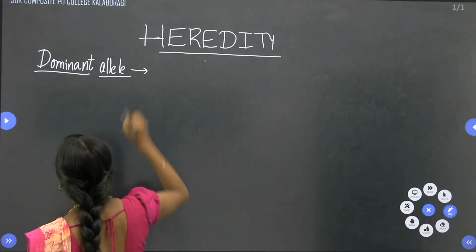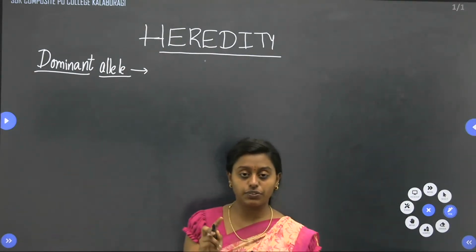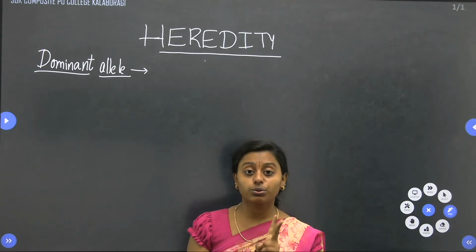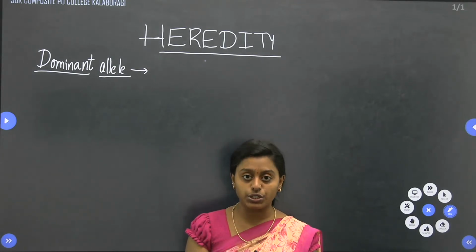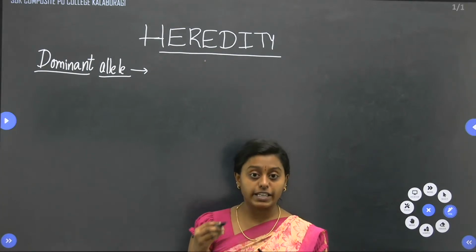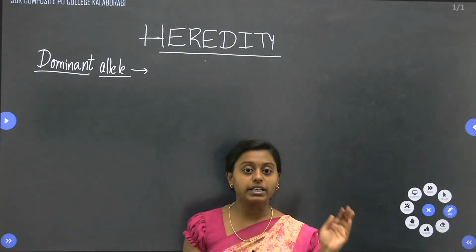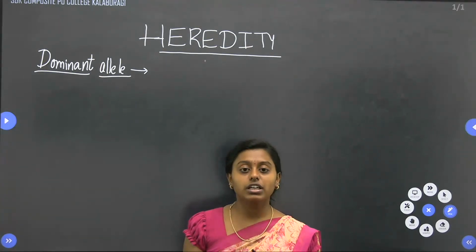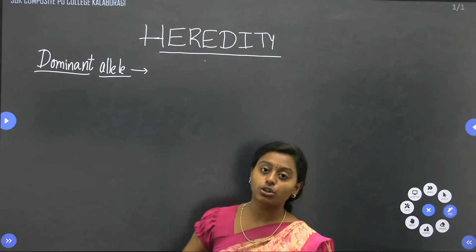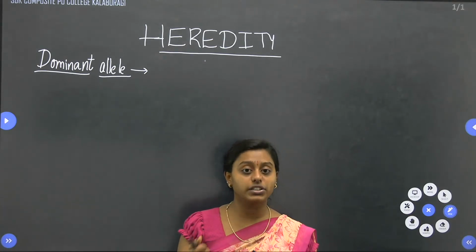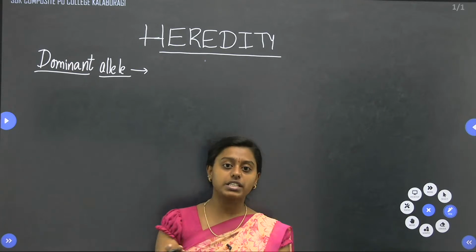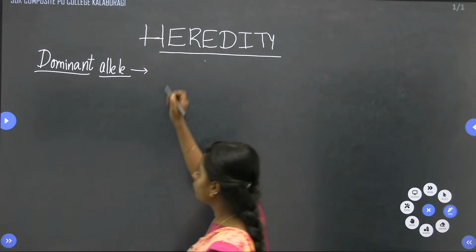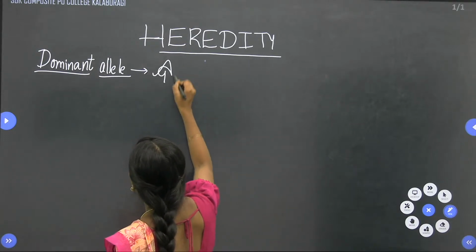So we have seen that there are two types of alleles we can observe for one gene. If we see what those two types are, then we can name them each. One which expresses itself by stopping the other allele from expressing, we can call it dominant. Dominant allele is the one which expresses itself in the progeny or in the offspring. So we can define dominant allele as an allele